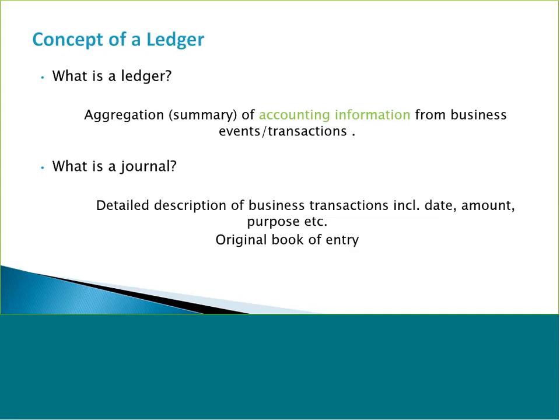And what do we mean when we say accounting information? So accounting information is, I would say, the monetary part of the business event. So when a company, let's say, sells goods or services, it sells them for some amount of money, and there is an account that is affected in the company. So for example, if one company purchases furniture,